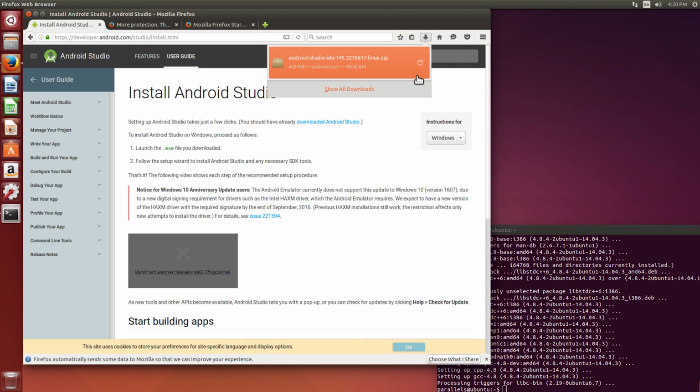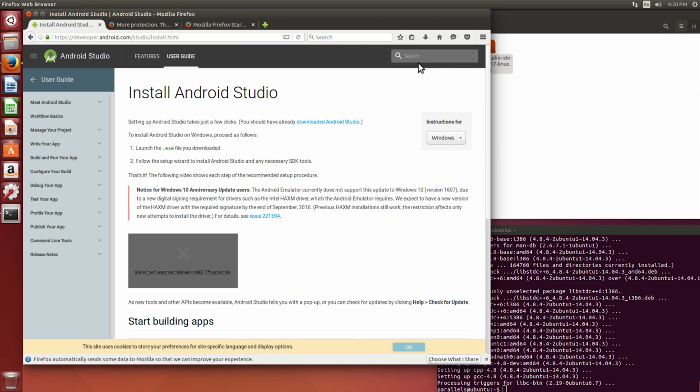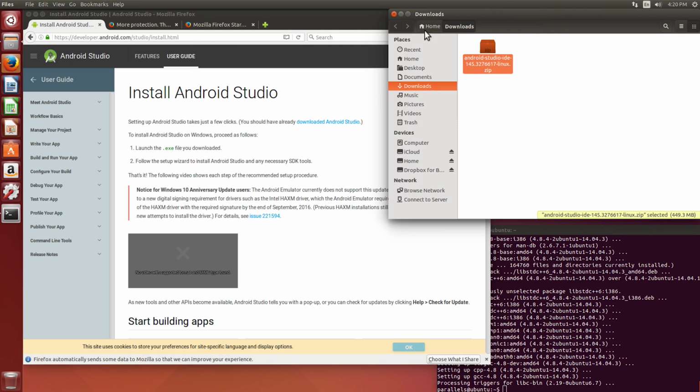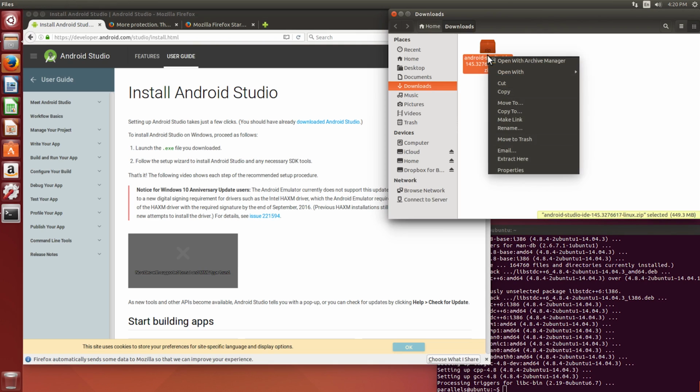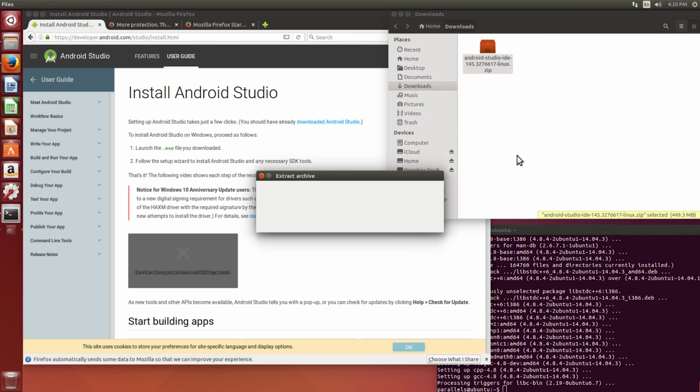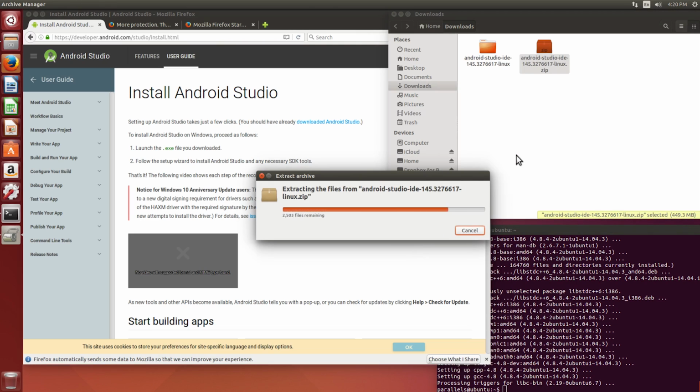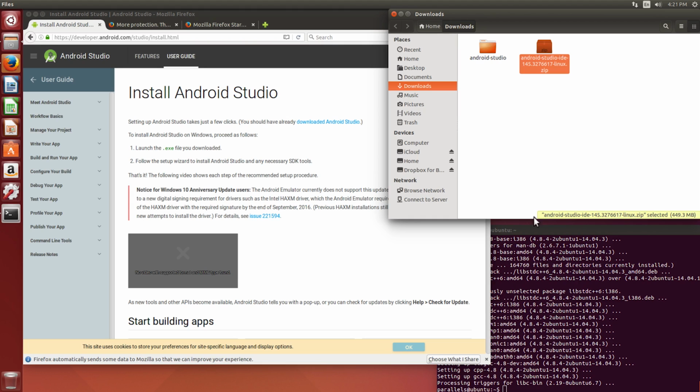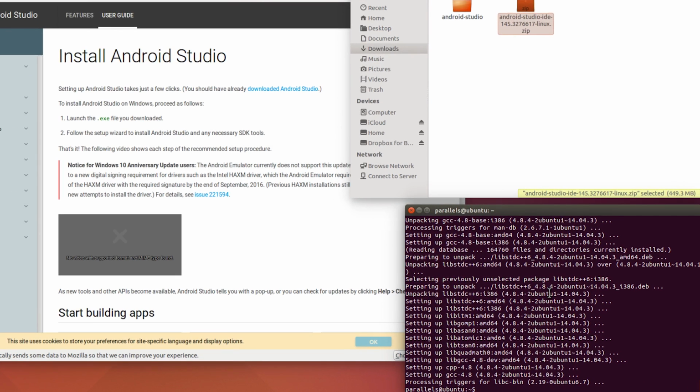Alright, so you can see it's downloaded, so I'm just going to navigate to the folder where it was downloaded. You can see it's in my downloads folder, and I'm just going to right click and extract here. Alright, so that's now extracted, so I'm going to go back to terminal and I'm going to go into that folder. So I'm going to go into the downloads folder